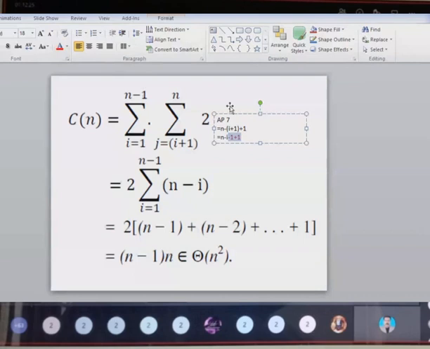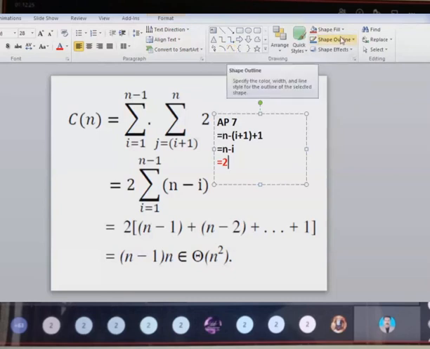Cancel this minus 1 plus 1. We have cancelled. Now remaining n minus I. Now write 2. We are going to write, okay, now 2 summation